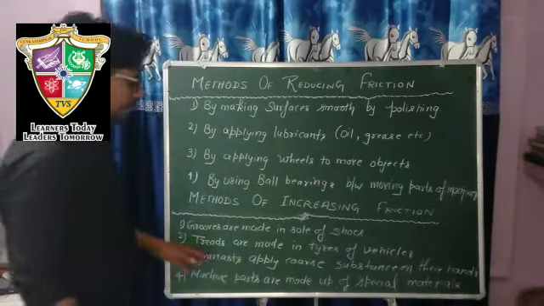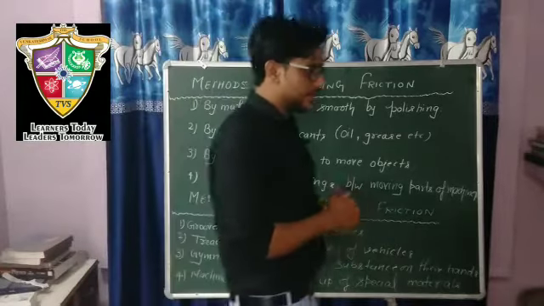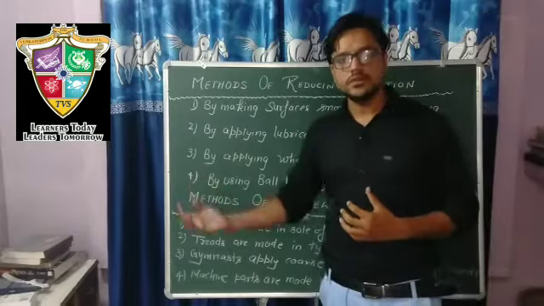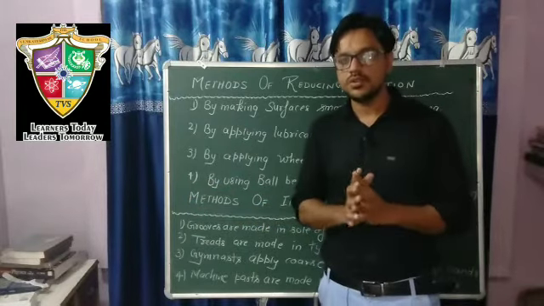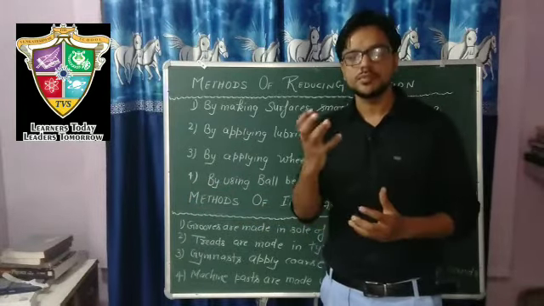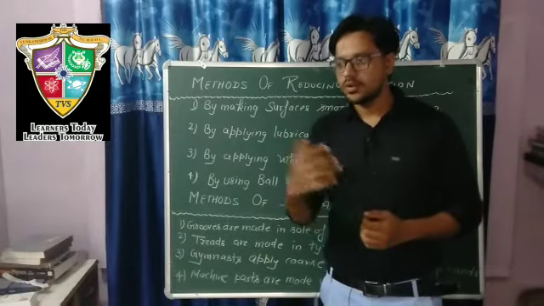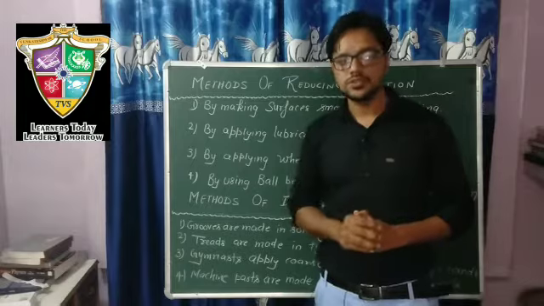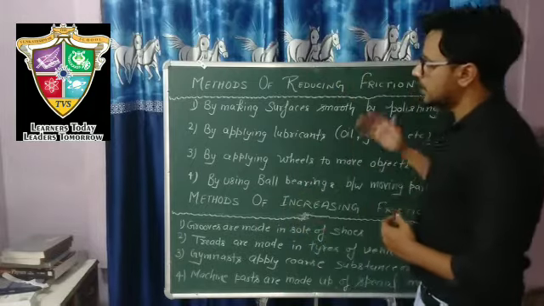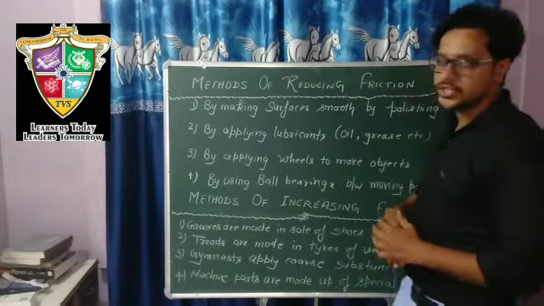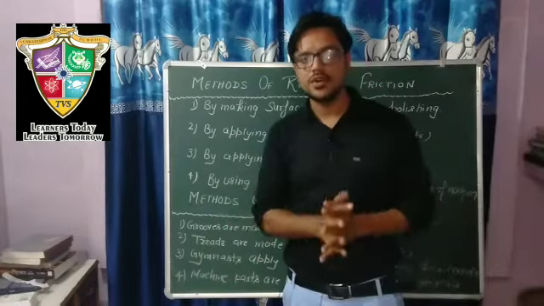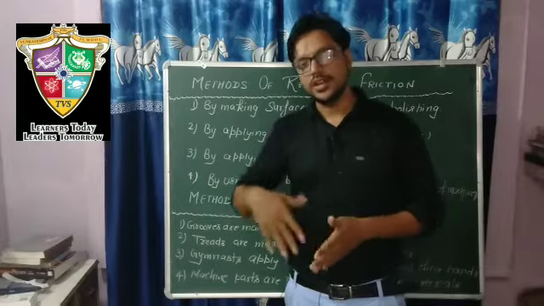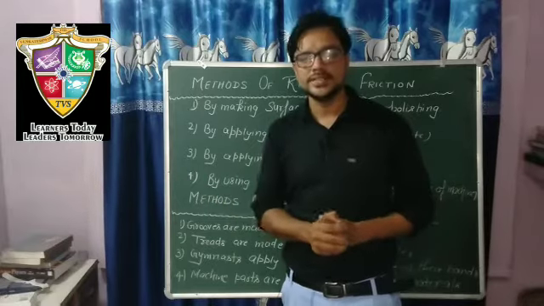And machine parts are made up of special types of materials. If we want to increase friction in machine parts, they can be used with rough surfaces or special types of materials which have a larger value of friction. So these are the methods by which we can increase or decrease friction. So this is how we can take advantage of friction according to our convenience. Thank you.